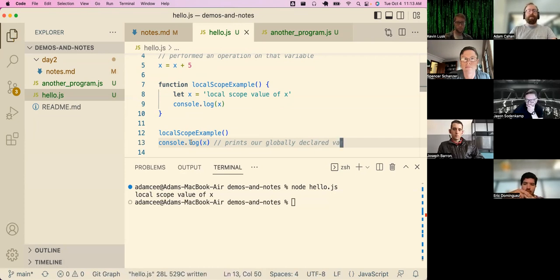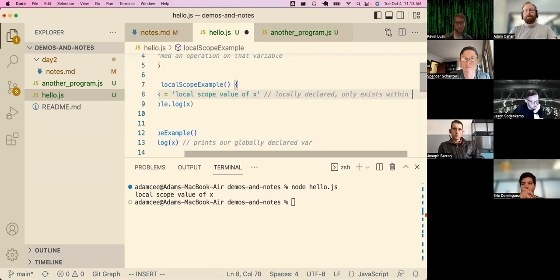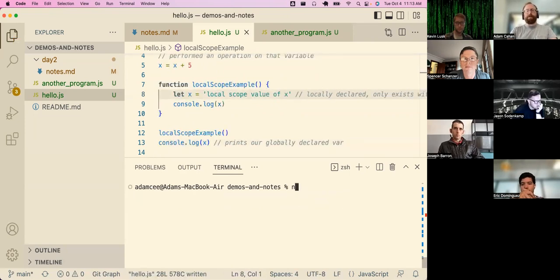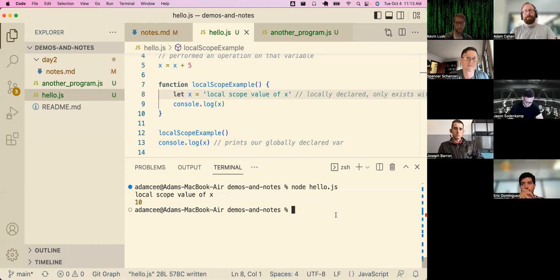Kevin, yeah, that's a great question. Our locally declared variable only exists inside that function. Can you show the local scope changing the value of a global scope variable? You cannot directly,